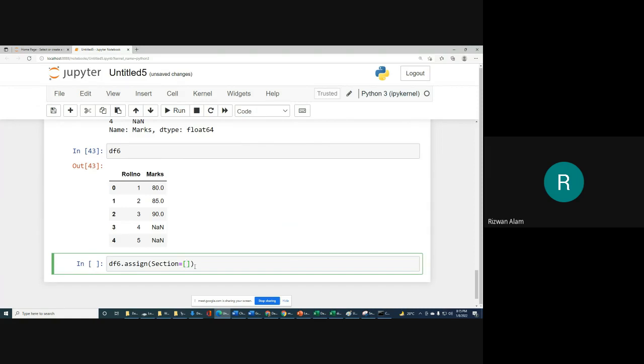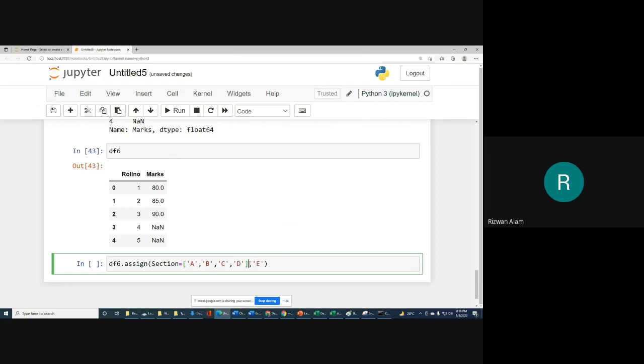For example, the first student, roll number 1, is in section A, the next is in section B, the next is in section C, and similarly we can write D, and then in E we have.